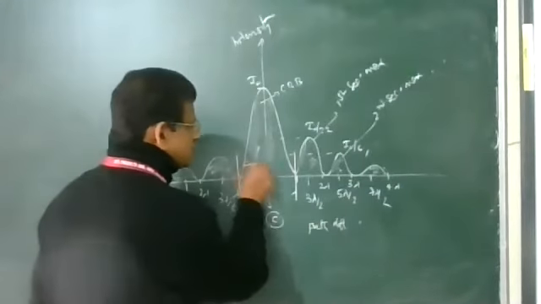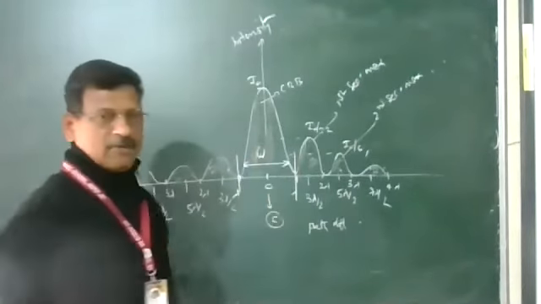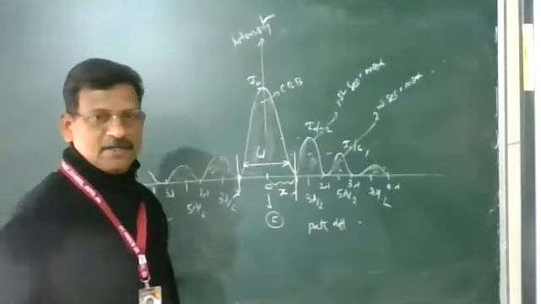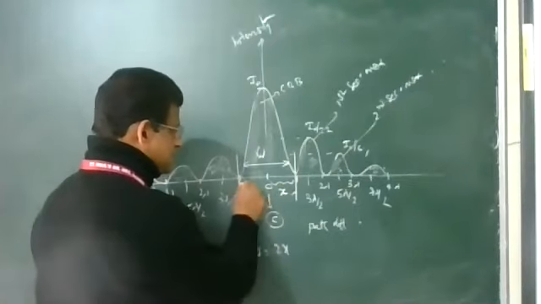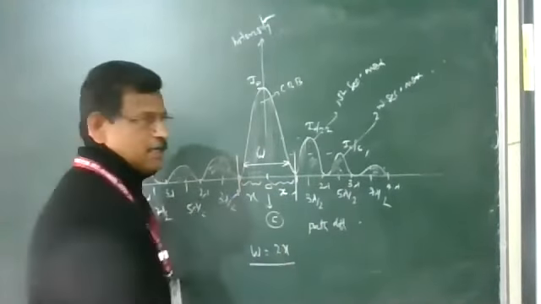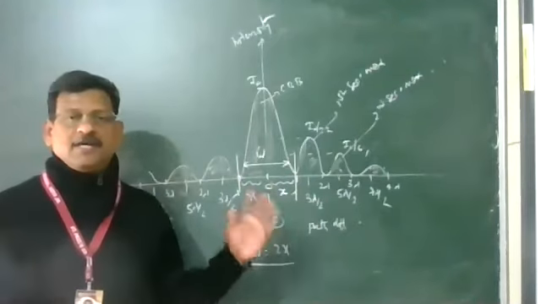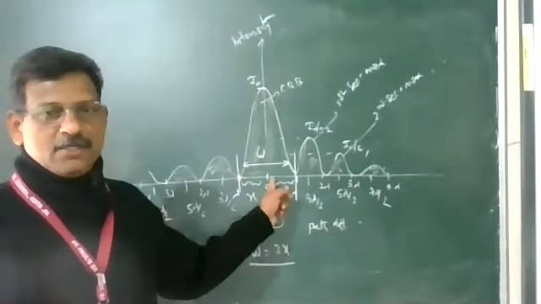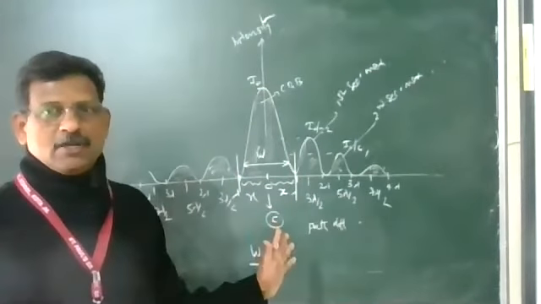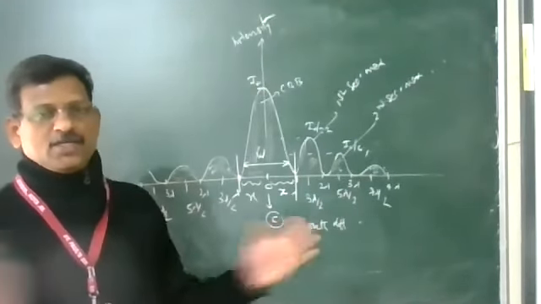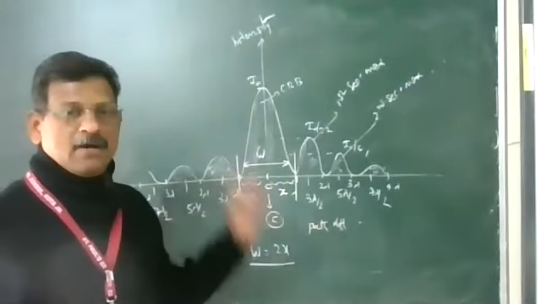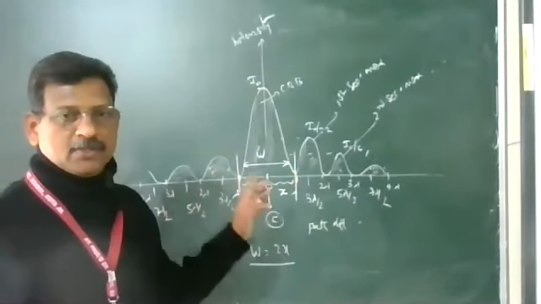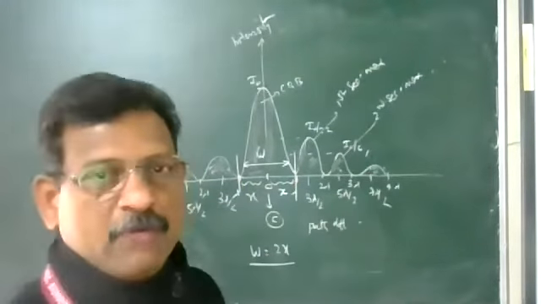So what is the width of the central maximum? If you know the distance x of the first minimum from the center, then the width will be x plus x, that is equal to 2x, where x is the distance of the first minimum from the center, which you have to calculate. So the width of the central maximum is equal to the distance between the two first minima on either side. Suppose it is 1 centimeter on one side and 1 centimeter on the other. This is the way we are going to calculate the width.